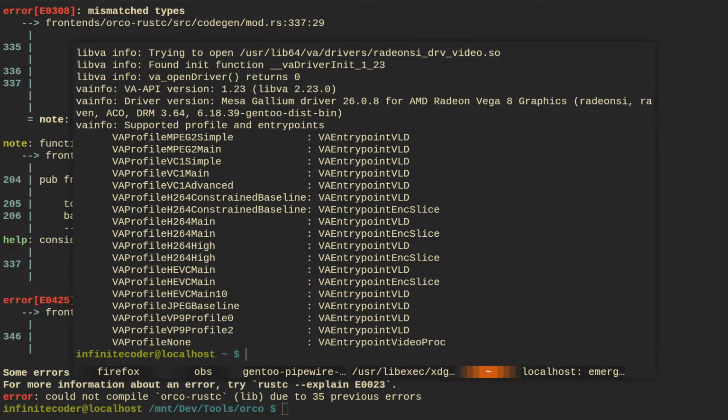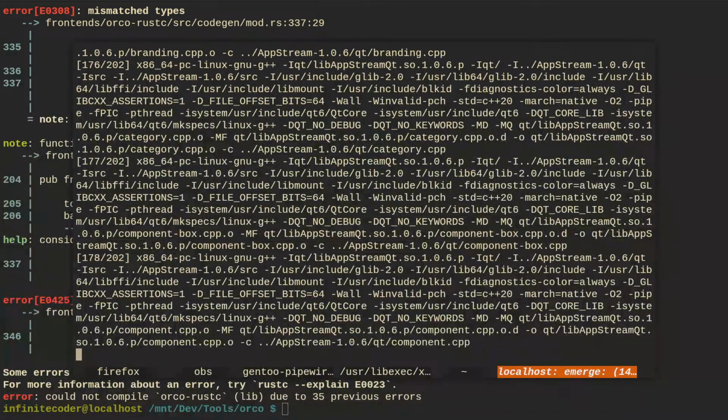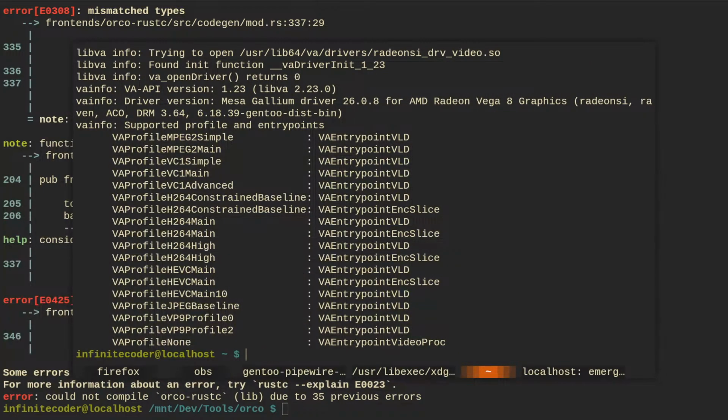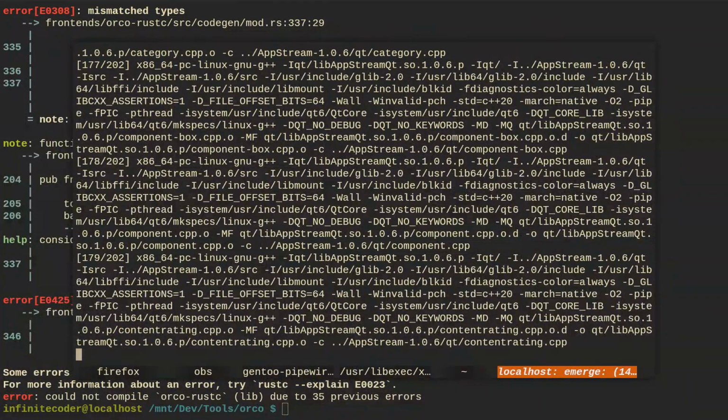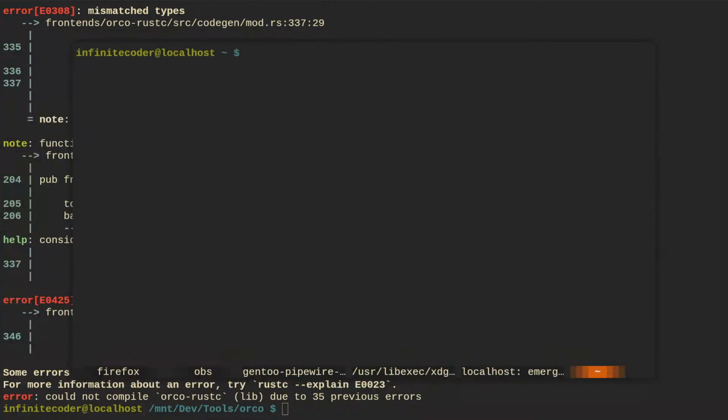The VA info works. I can search for the FFmpeg one. Oh, FFmpeg. Where did they run the FFmpeg? Was it here? FFmpeg dash I. Wait, this one in downloads might be. I don't want to terminate it. I need to grab the command. I guess I could try this.